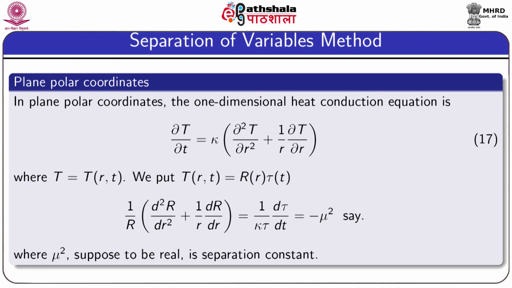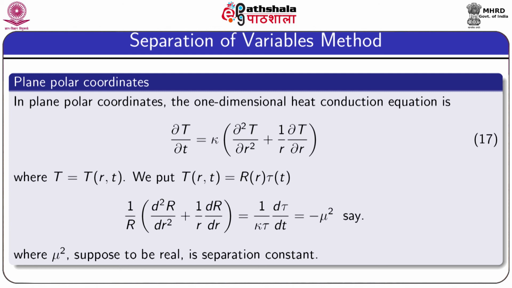For that, we write capital T as the product of capital R and tau, and substitute this expression in equation 18. We obtain the equation written here: 1 by R d2R dr square plus 1 by r dR dr equals 1 by kappa tau d tau dt. In this line we separated the variables r and t, and now we assume the separation constant as